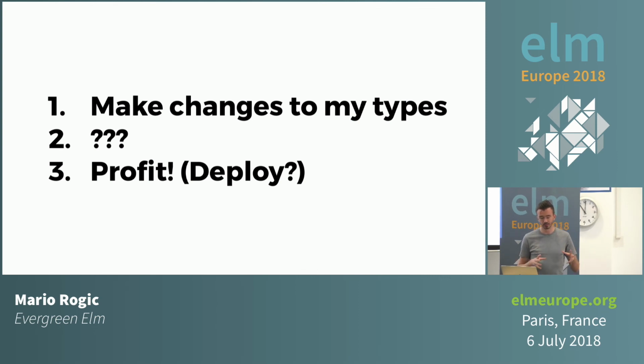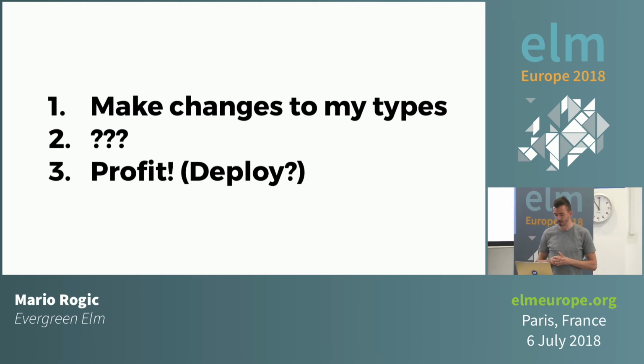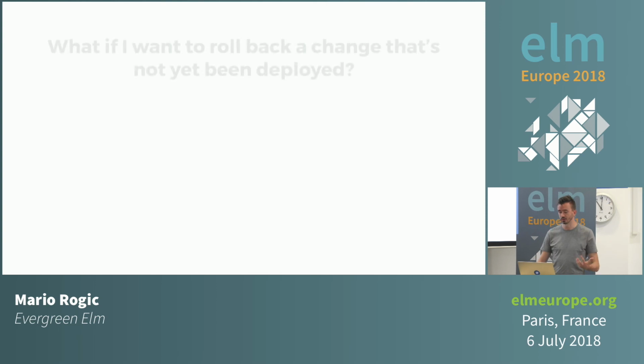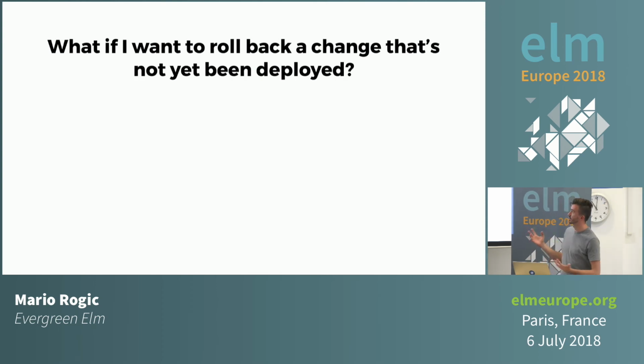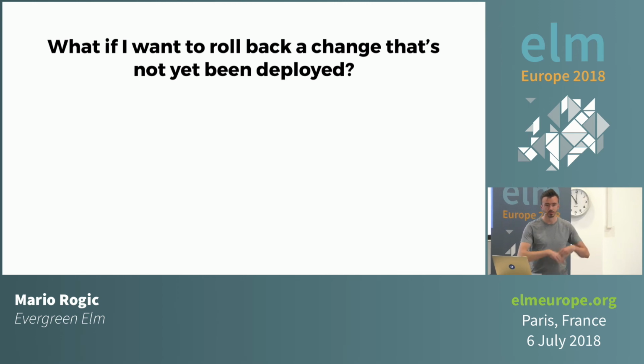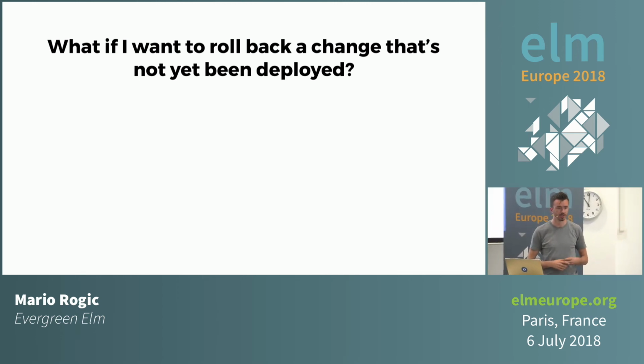So there's a bunch of ideas that we've been trying out around this. But to give you some more context to the kind of questions: what if you want to roll back a change that's not yet been deployed? Say you're working with pull requests, you're working for a couple of weeks on a big feature, you've changed lots and lots of types, but now you want to change something, but you've not deployed it yet. What does that mean? What does that look like in a linear way?